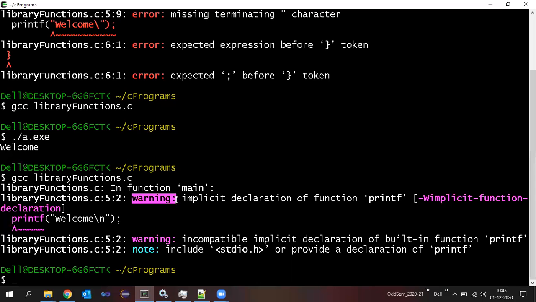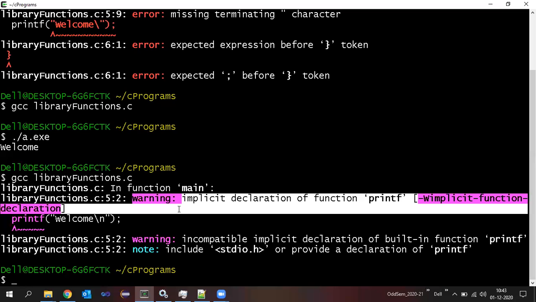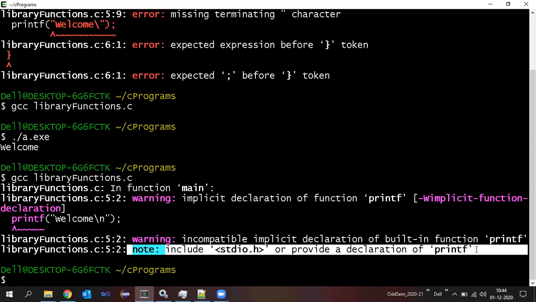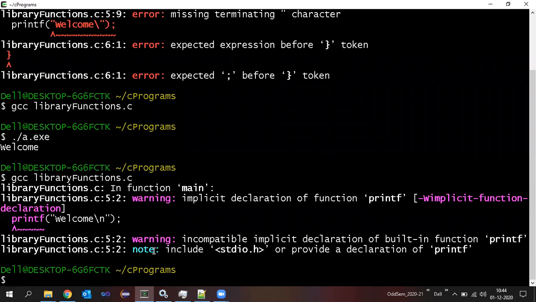See this printf, it is incompatible, it is not going to print the statements properly. And you see a note on the bottom line. It says, note: include stdio.h or provide a declaration of printf. It is telling that this printf is not able to be identified, which printf you are talking about. It is giving you a suggestion that you may need to write this hash include statement where you include